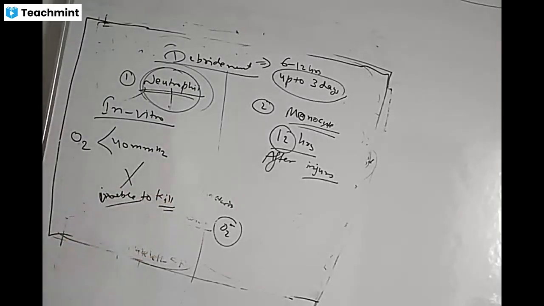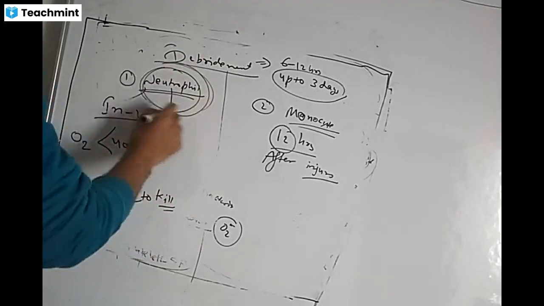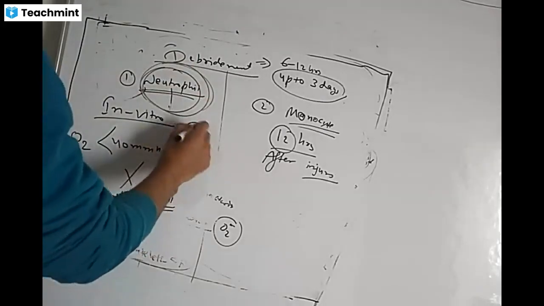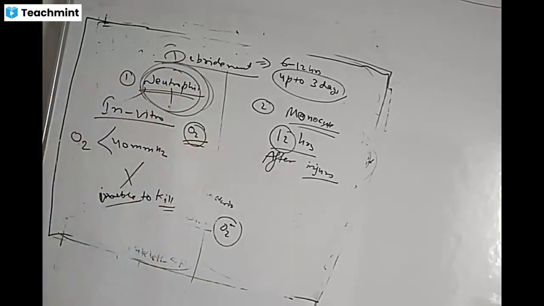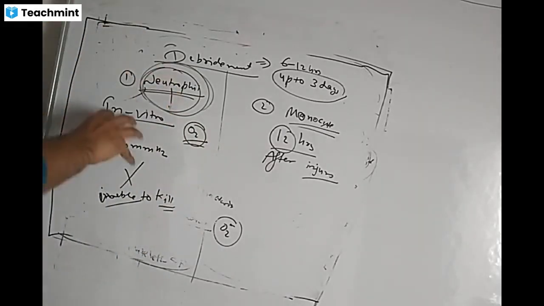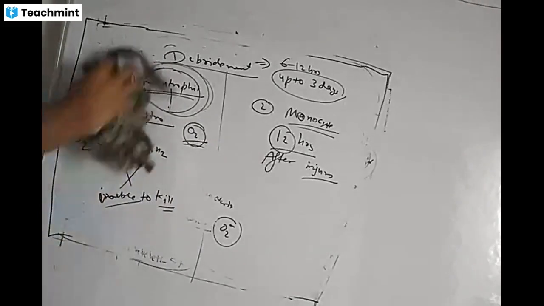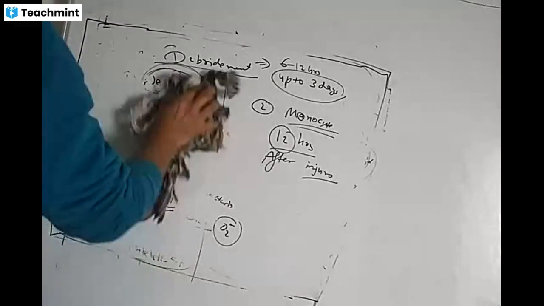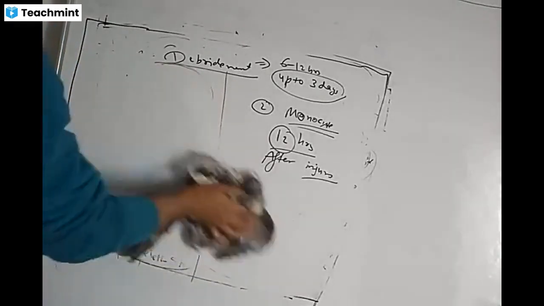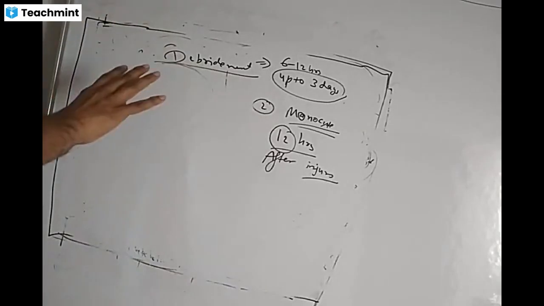It means the importance of oxygen is there. So this is the oxygen dependent killing process of bacteria. If you reduce the oxygen, they are unable to kill. So the important thing for the neutrophil role is oxygen dependent killing, generation of superoxide radicals, and they kill the bacteria,